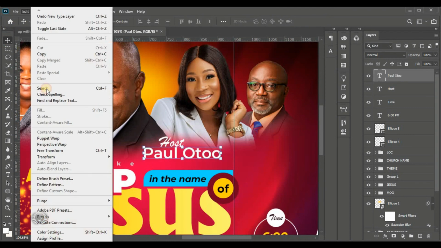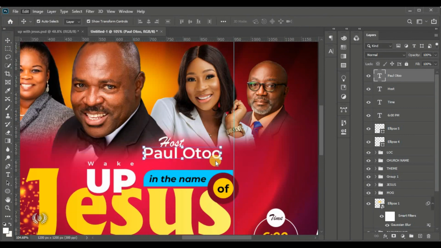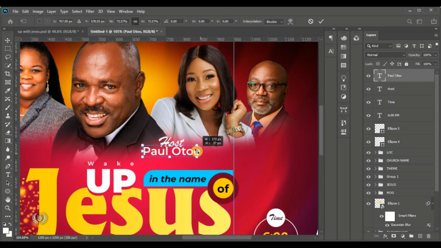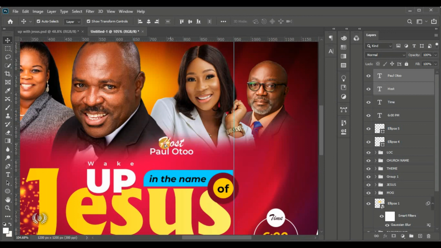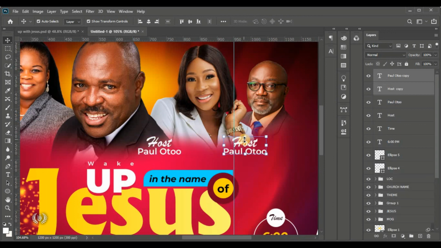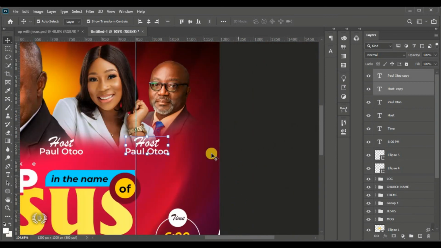I'll take my move tool, go to edit and take free transform. So over here, all I'm going to do is to reduce the size. Yep, and position it right here, somewhere like this, and we are good to go. So I'll select them both like this and hold Alt. Okay, let me position it right here on top of him like that. Hold Alt and drag to the right, and see you at the end of the writing of the man of God. Okay guys,